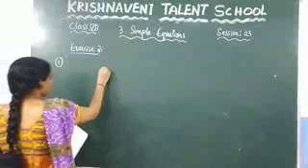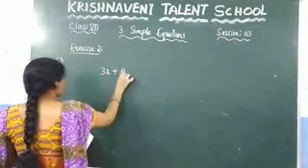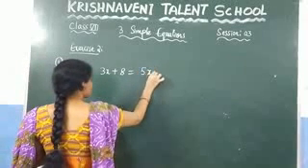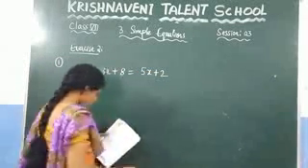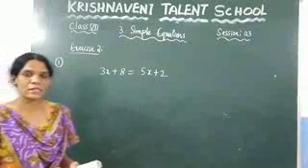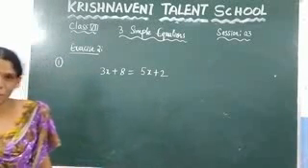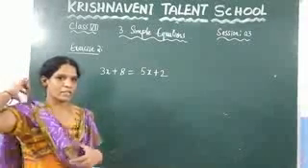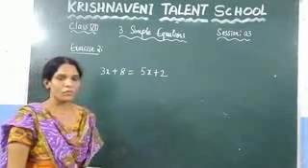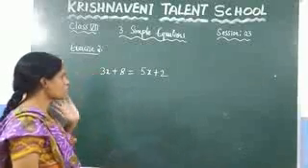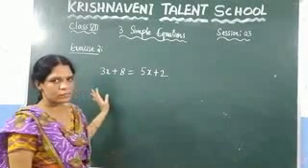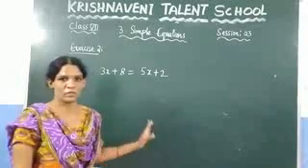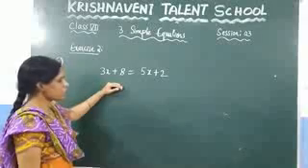3x plus 8 is equal to 5x plus 2. Here you can observe that in both the LHS and the RHS you can see the variable. Now how to find the value of the variable x in this case? So what we need to do here, first checking here, take one side. Let us take either right hand side or the left hand side based on your wish. Take one side. I am checking this one.